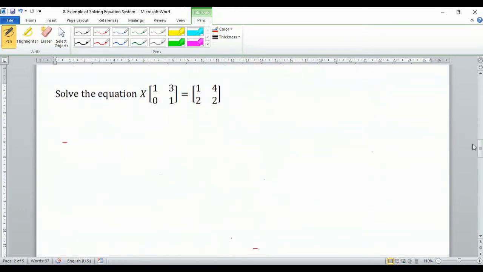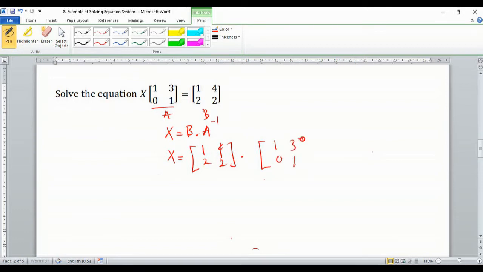Okay, you can see from another example, they give us the form of the matrix already. They put the matrix after the x. So that's the meaning, this is A, this is B. So the formula is x equals B times A inverse, everyone. So from here, you need to simplify them to be [1, 4; 2, 2] times the inverse of [1, 3; 0, 1] to the power of minus 1. So the x equals